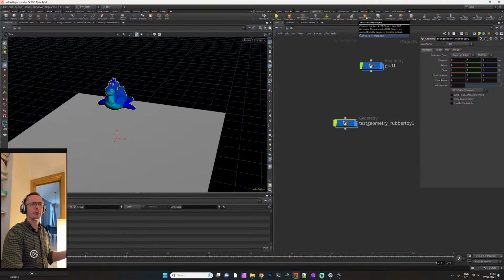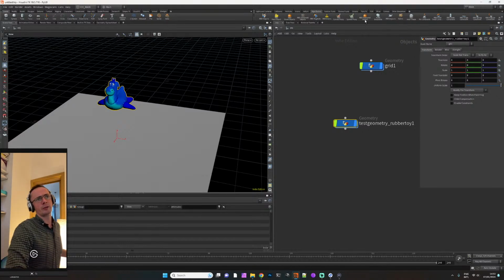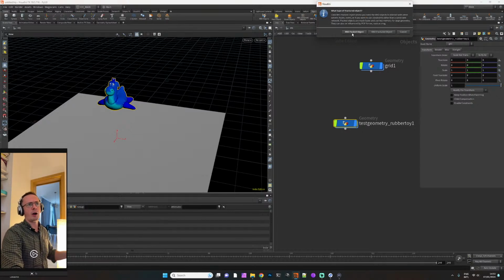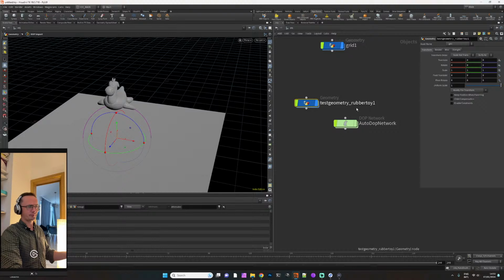I mean, usually I don't use them, because usually you have to control everything that you create, like the behavior of the particles, the behavior of simulations, the behavior of everything. But for now, we just need this toy to be fractured. So we will use this RBD fractured object in rigid bodies, and we will use RBD packed object. Yep. So if we push play,